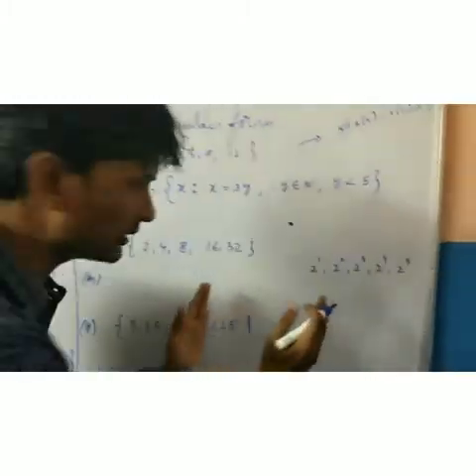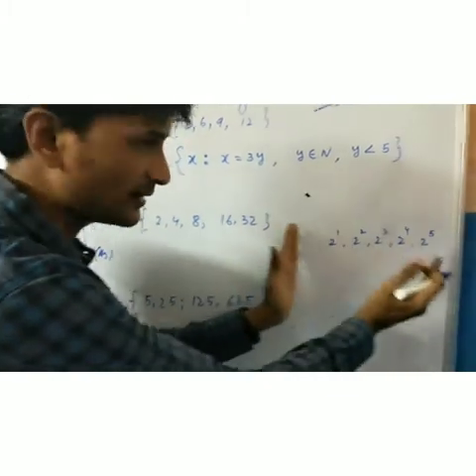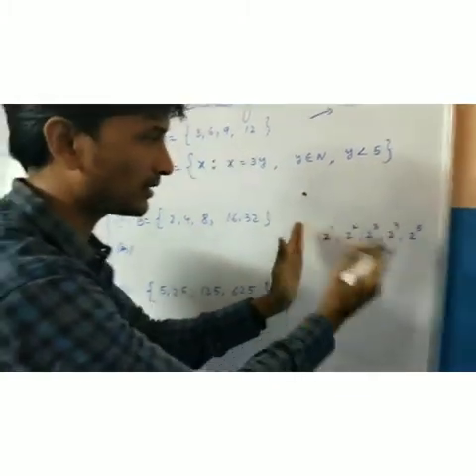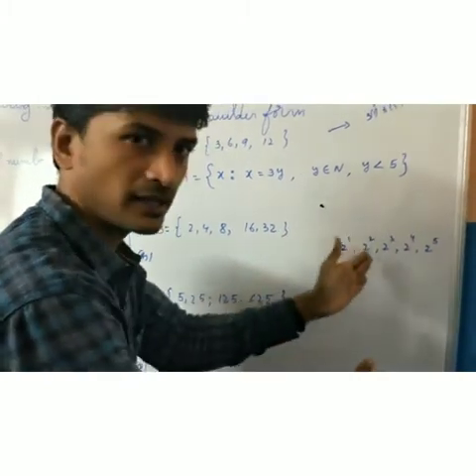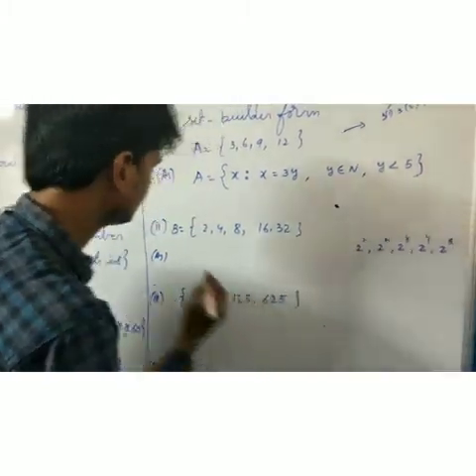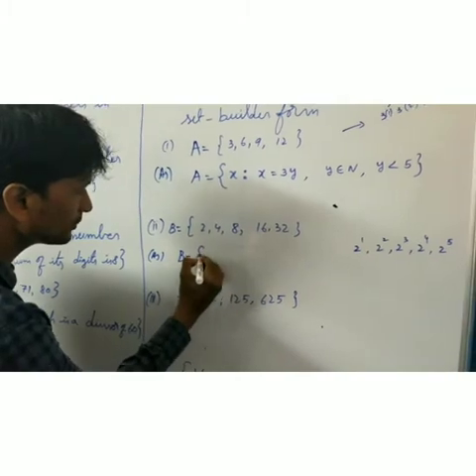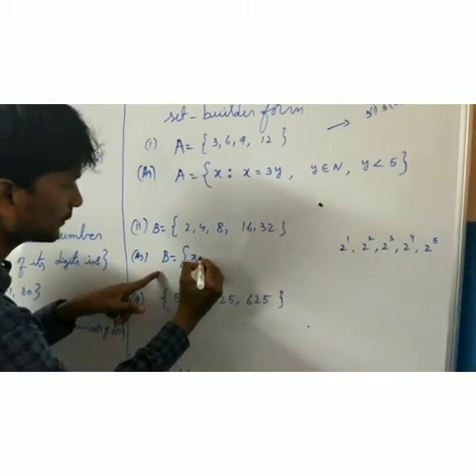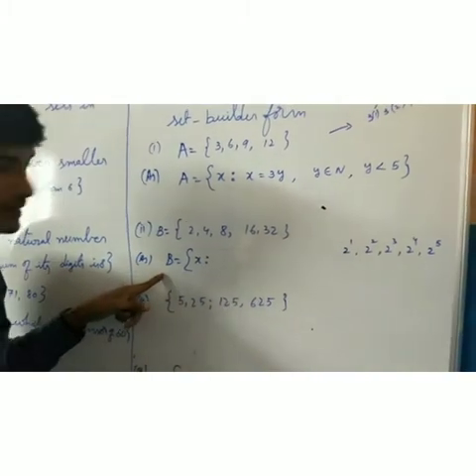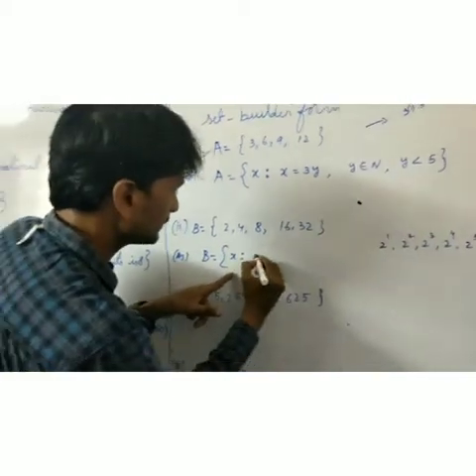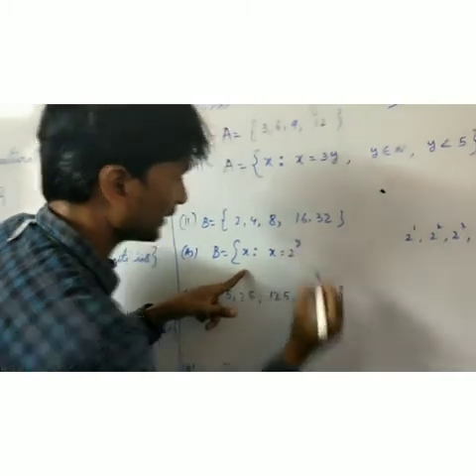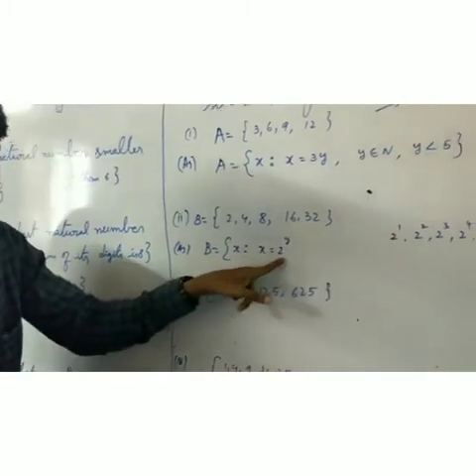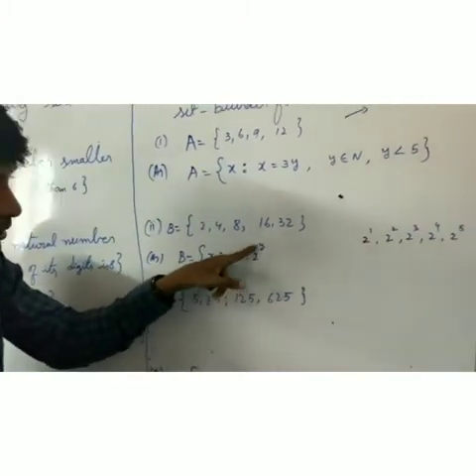First we have to write it like this. In the examination time or in the notebook, the given set is the area of work, and the right side margin will be there. So we can separate it and just write B equal to x such that x equal to 2 power of y. We can write it 2 power of y, not 2y. Okay, 2 power of y.